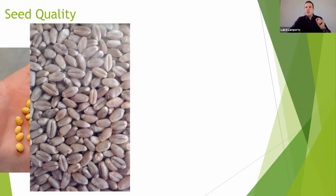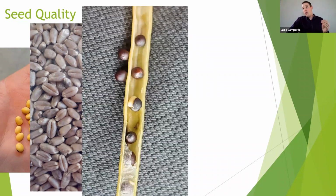Wheat, it's a little smaller than normal, but beautiful, beautiful kernels that we harvested this year, and most of our seed growers did. Canola, seed quality in canola, a lot of guys saw this in Manitoba. Obviously, this isn't for seed production reasons, but